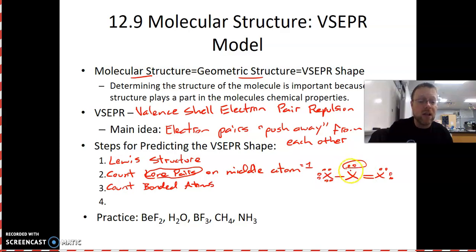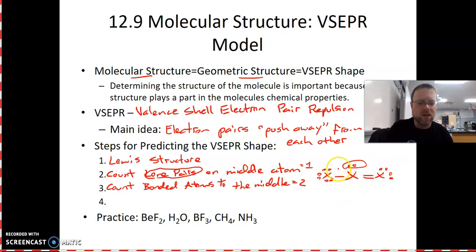Okay, so you're only counting the lone pairs that are on the middle atom, and you're also counting the bonded atoms to the middle. You're not counting the middle atom, we're just counting what's around the middle atom. And so if we had a structure that looked like this, the bonded atoms to the middle would be 2. Okay, don't count this double bond as 2 separate things. That double bond would still just be one bonded atom